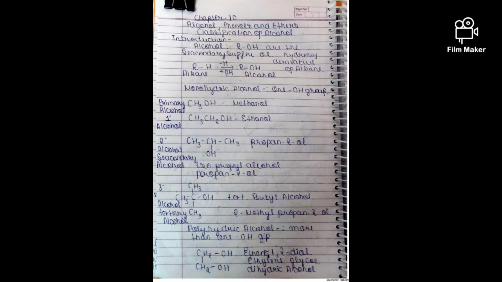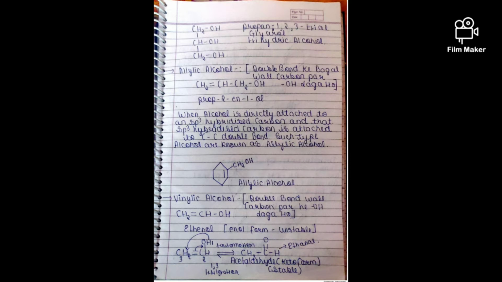If only one functional group would be there, then you can ignore E. But in this case you have two functional group, two OH group, so you have to write E while writing IUPAC for it. So it's an example of dihydric alcohol, ethylene glycol, its common name. Start with trihydric alcohol. In trihydric alcohol we have an example of glycerol, whose IUPAC name is 1,2,3 triol, and it comes under the category of trihydric alcohol.